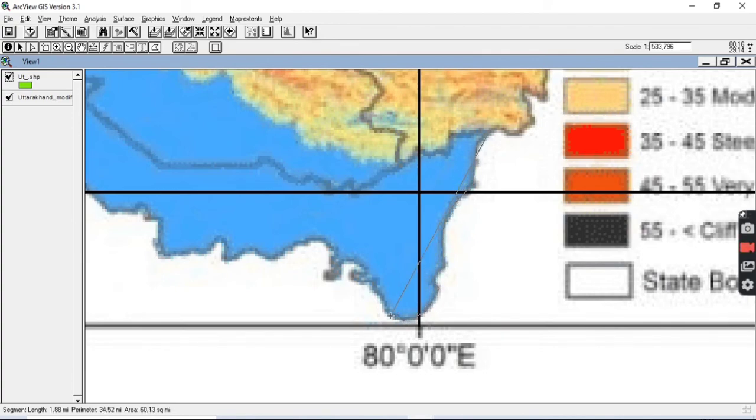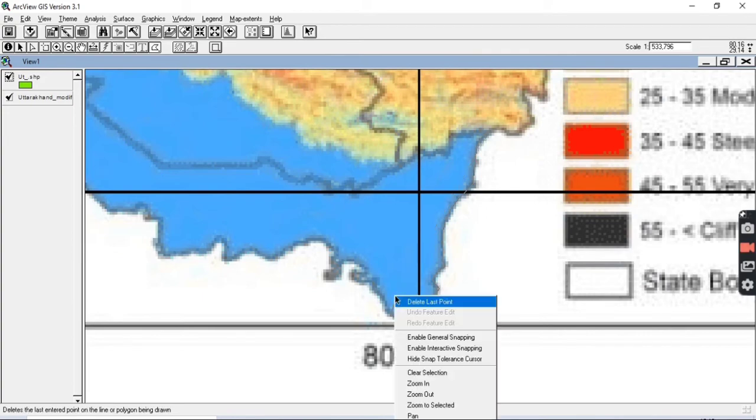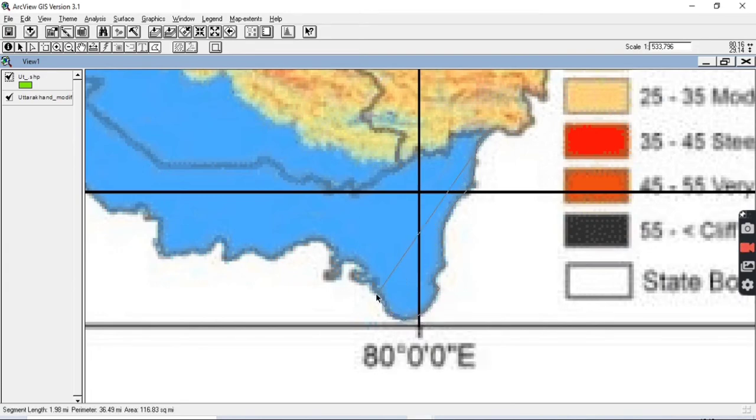So just be careful while digitizing your map. Suppose you have wrongly placed your mark just like this, then what you will have to do is left click on your mouse and this type of window will appear, and then click on delete last point. Okay, so the point will disappear. Then again you will start digitizing your map.